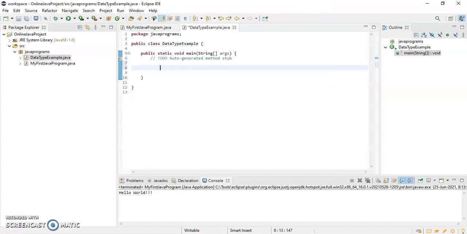So I have created a class and I have named it as data type example. So if I write boolean status, and status is equal to true. Now I want to print this value.